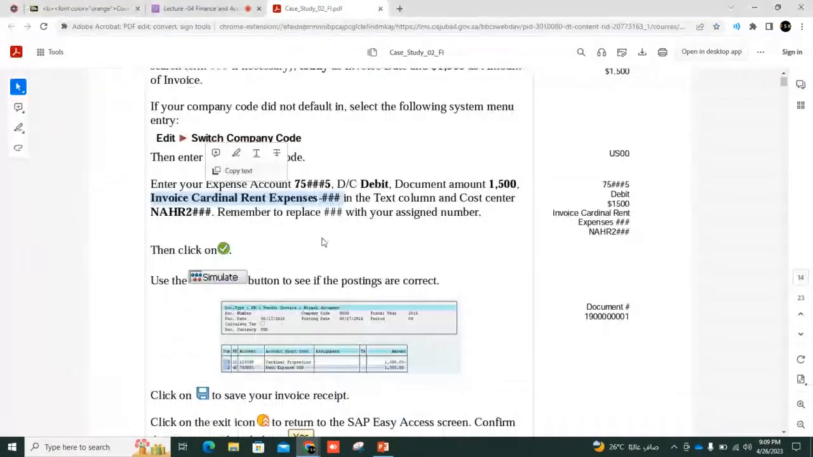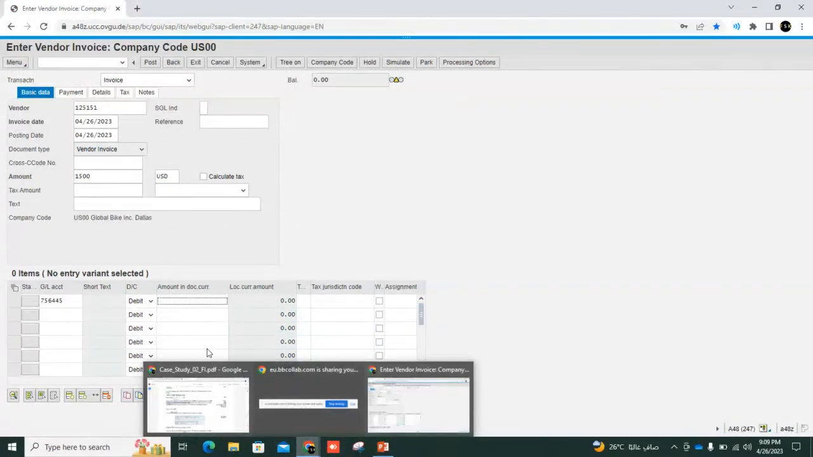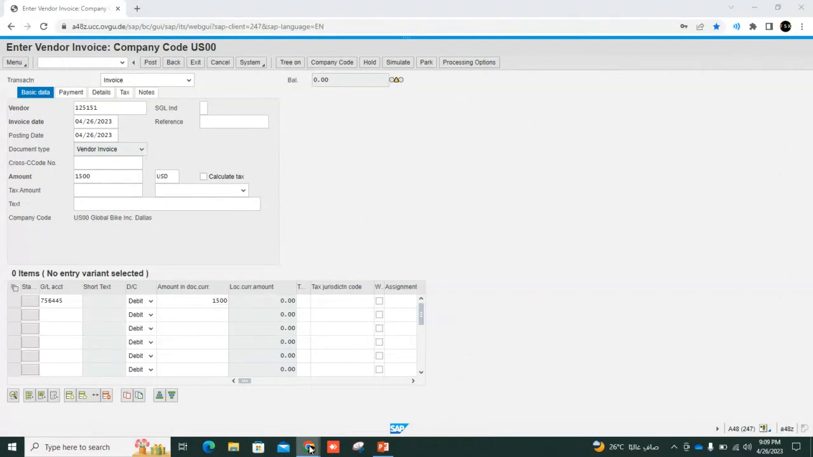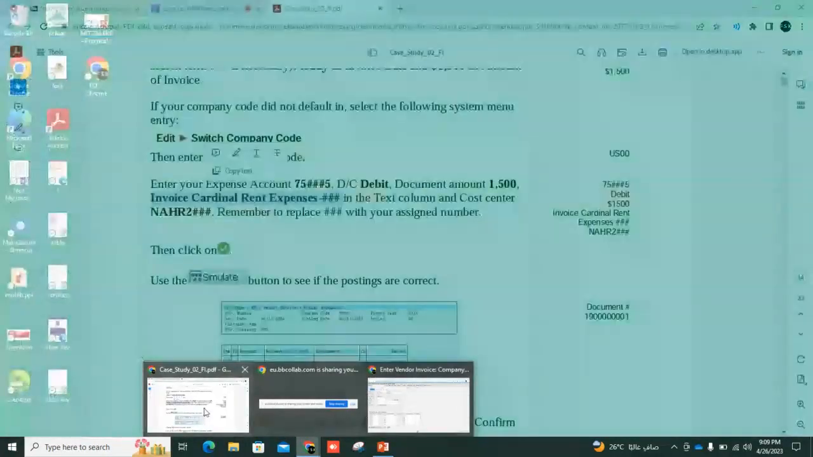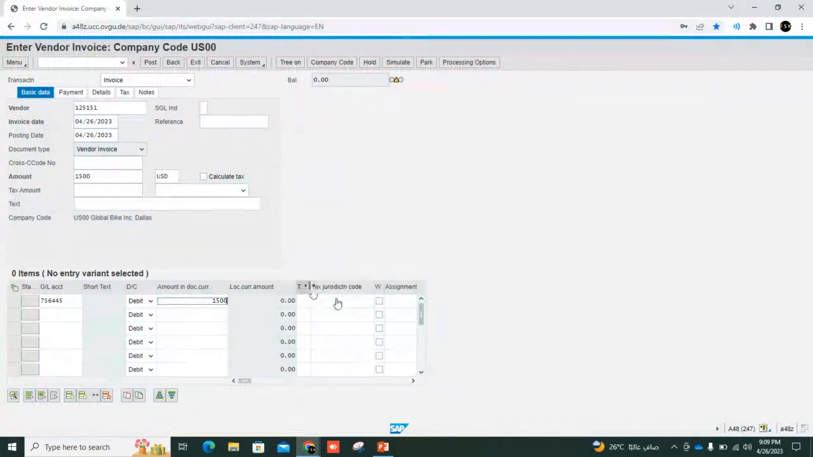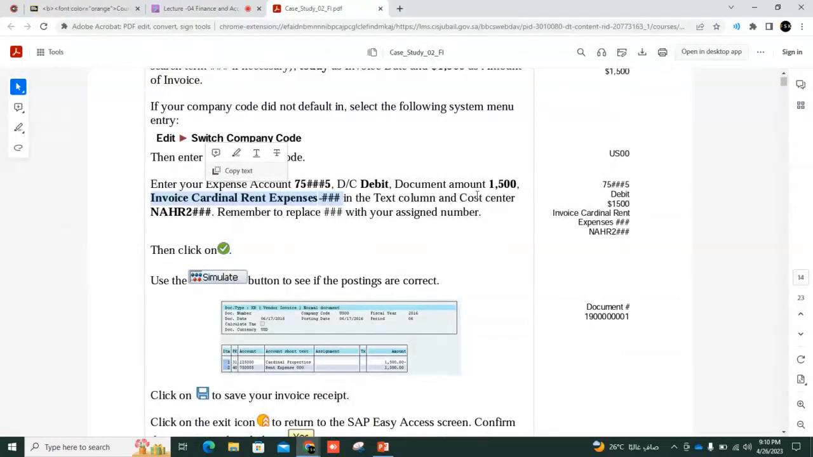right? The next, DC debit. This is already debit amount. I think 1500. Let's confirm once again, 1500. Yes, invoice in the text column. In the text column, this text is in text column, right? So we need to find the text column over here. Text. This is not the text column. Yeah, this is a text column. Paste. The paste. Look carefully. 644. Right. That's it. So the next is cost center